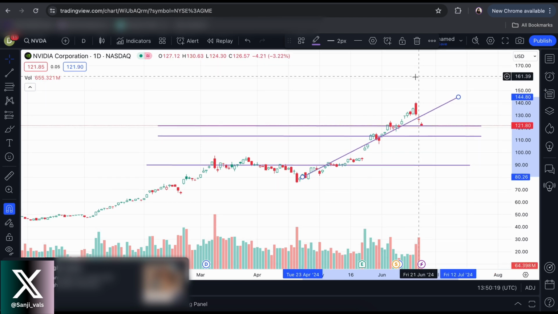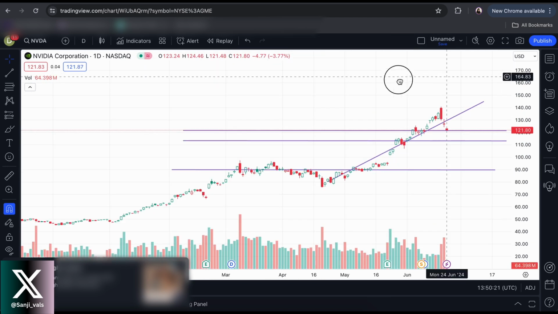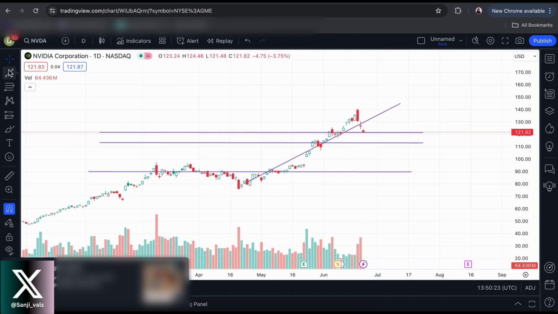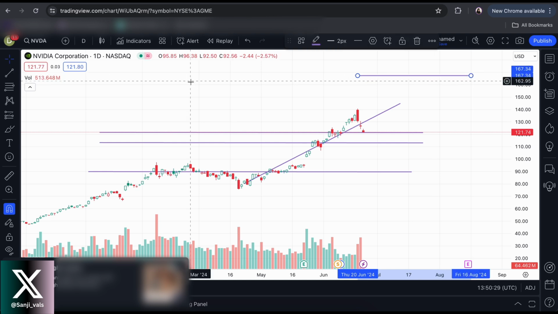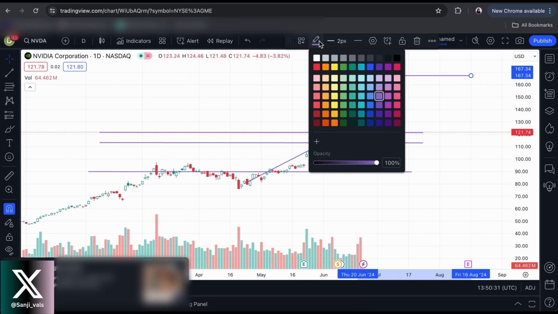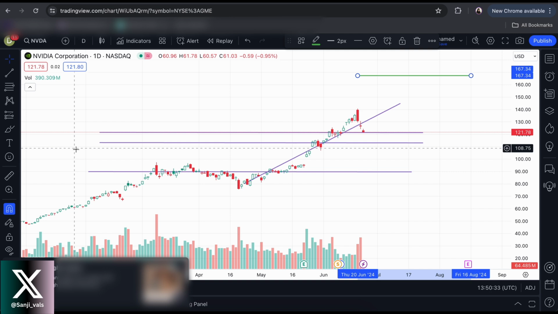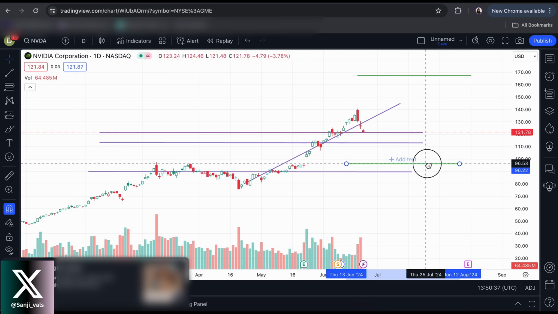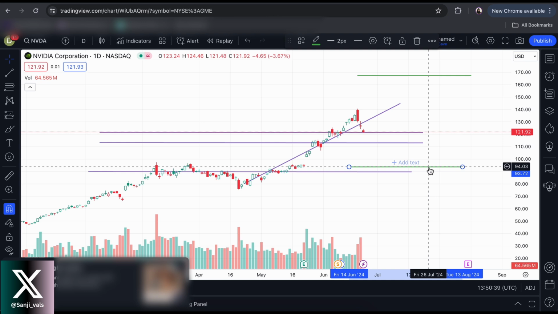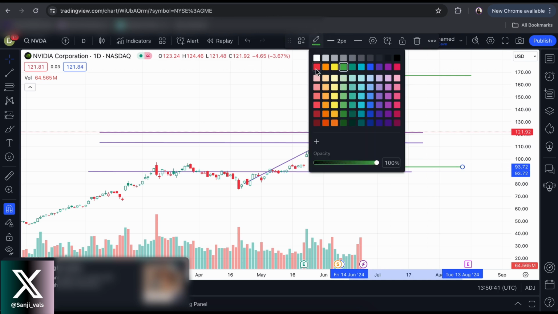168, somewhere here. Let's put another color, and of course 94, somewhere here would be your